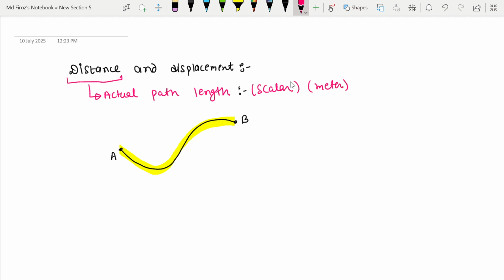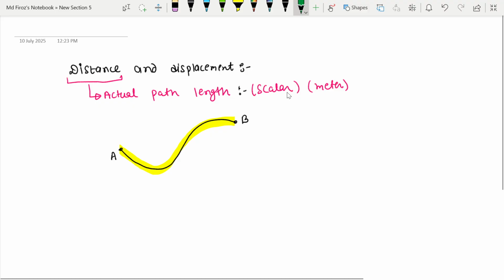What is the unit of the distance? Unit means how we measure the distance. So we measure the distance in meter, like 10 meter, 20 meter, 50 meter. Meter is the SI unit of distance, and this is a scalar quantity. It has only magnitude. It has no direction. Actually, distance is the actual path length. Now we will see